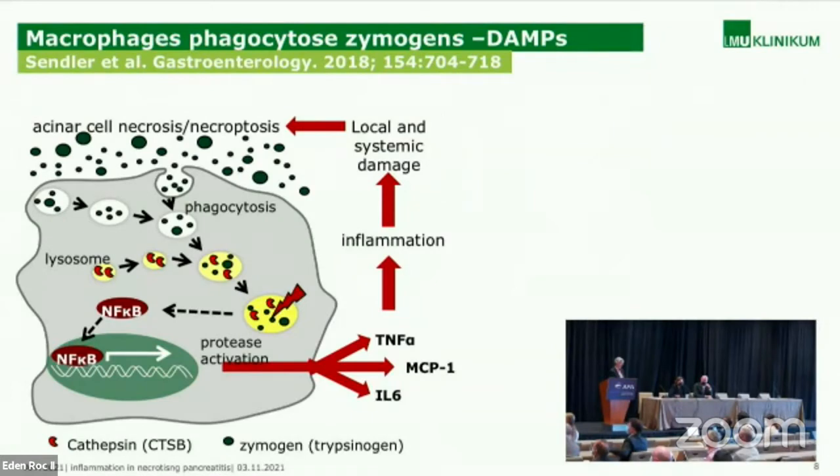On the other side, we know that macrophages which phagocytose zymogens can react as DAMPs and hereby be part of the inflammasome pathway. So we have a very crucial process, which we usually know from acinar cells: trypsinogen is released because of the cell death of acinar cells, and is engulfed and phagocytosed into the acinar cells. It's fused with the lysosome, and there you have active cathepsin B, and this active cathepsin B cleaves trypsinogen to trypsin, and this trypsin leads to NF-kappa B activation and to the release of TNF-alpha, MCP1, IL-6, so very well-known pro-inflammatory markers, in the early phase, or believed to be the early phase, of acute pancreatitis,